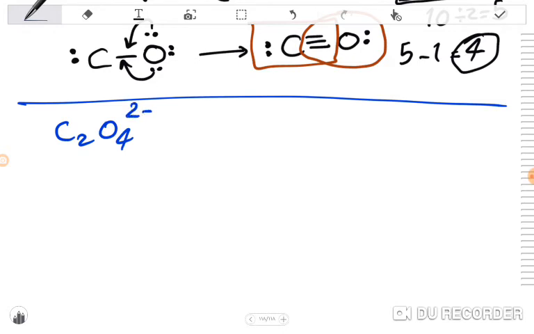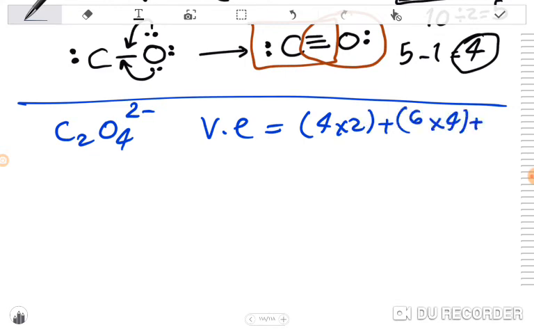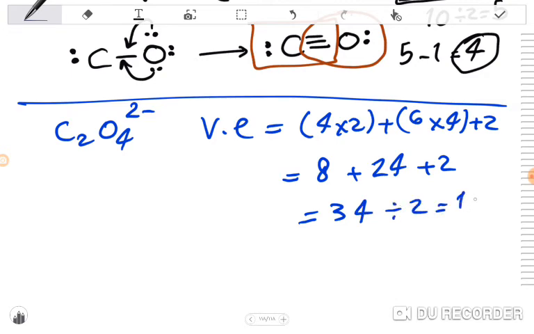C2O4 2 minus. Valence electrons are equal to 4 multiplied by 2, plus 6 multiplied by 4, plus 2, which is 8 plus 24 plus 2, equal to 34. 34 divided by 2 is equal to 17. 17 pairs, bonded or lone pairs, we have in